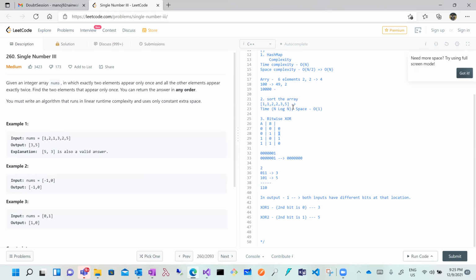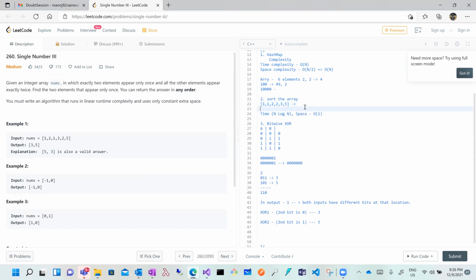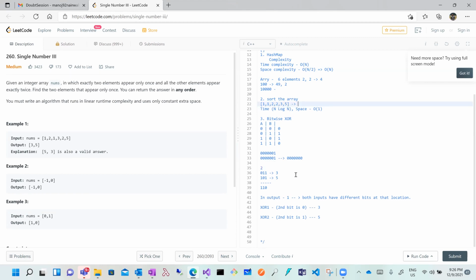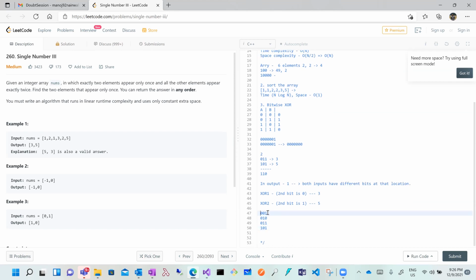Okay, let's take 1 to 6, 0 1 0, 4, 2, right? 011, 43 and 101, 45. So this is the bit representation of your input array, I mean, of these values, correct?